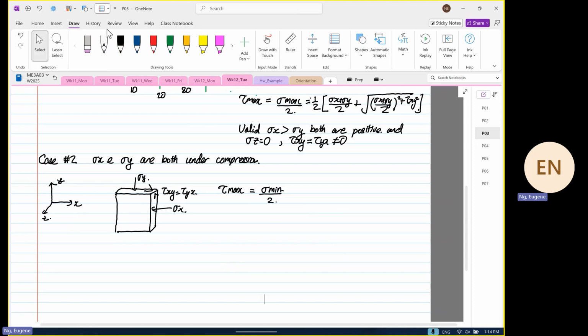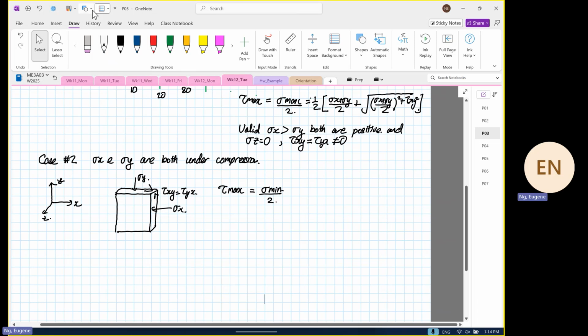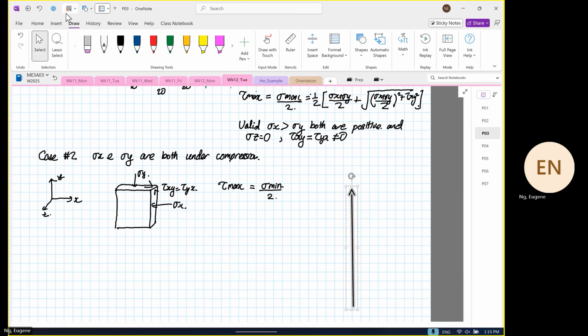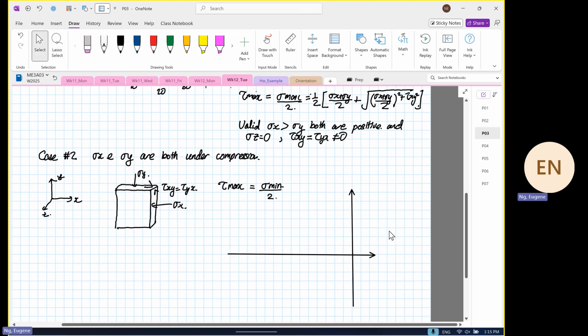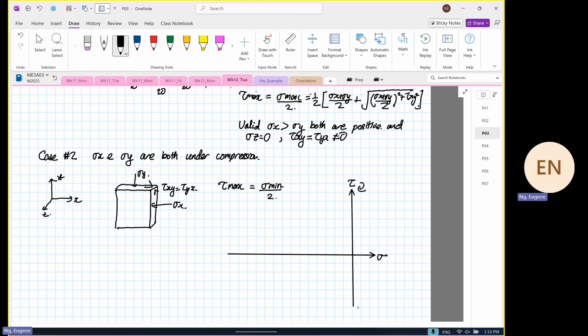So what is going to happen now, right? So everything is in compression. Okay, so this is our normal stress. Shearing stress element rotate clockwise and anti-clockwise. And we will label this as point X, point Y, and this is point Z. Okay. And we know that again, this is where our point Z is. And we're going to assume